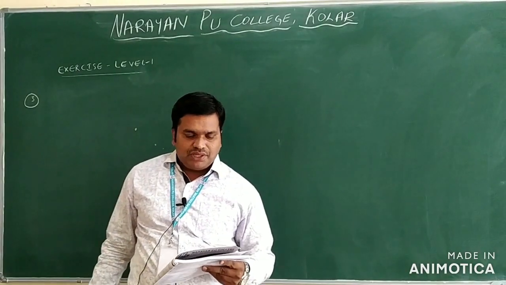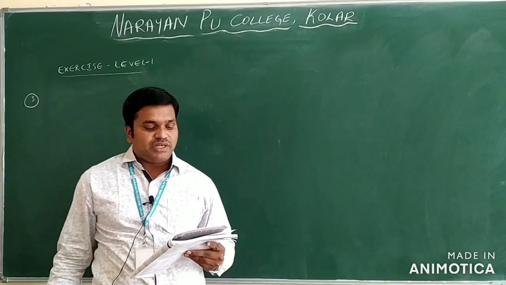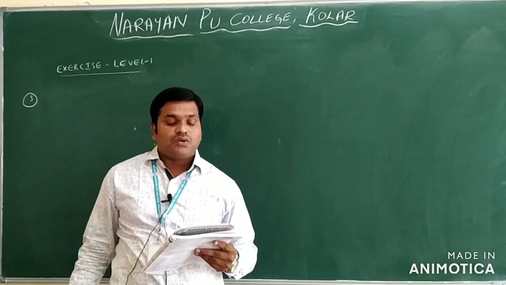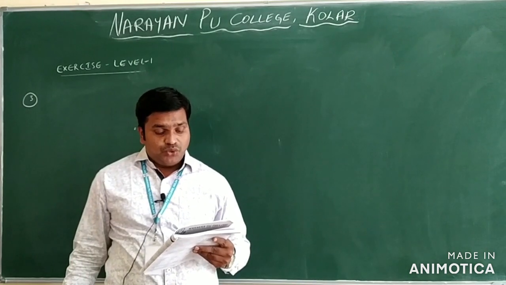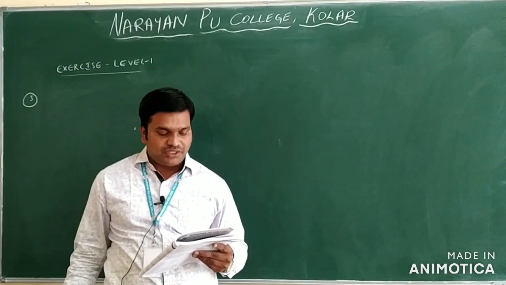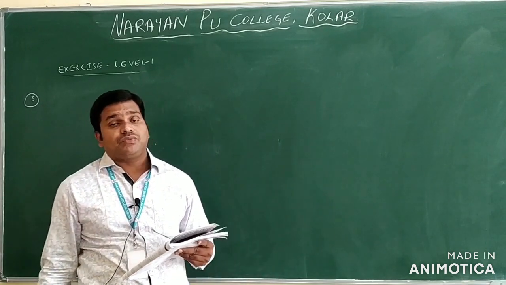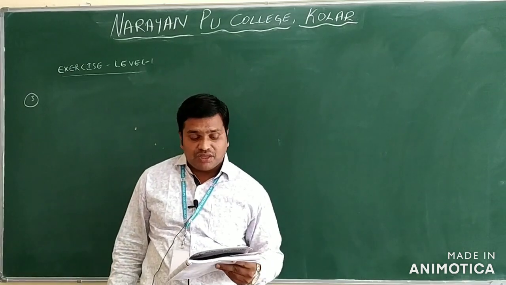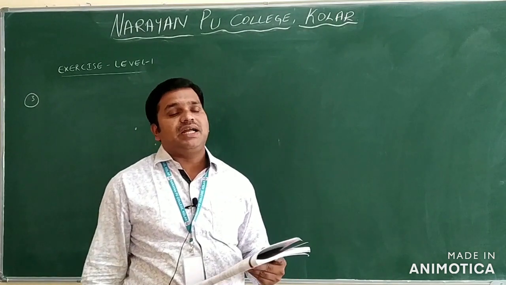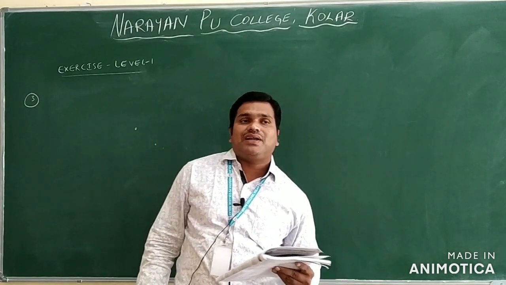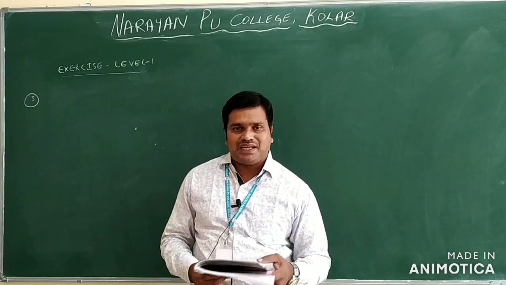See the next question, number 3. We have 3.92 grams of ferrous ammonium sulfate crystals dissolved in 100 ml. 20 ml of this solution requires 18 ml of KMnO4 during titration for complete oxidation. The weight of KMnO4 present in 1 liter of the solution, you have to find out. Actually, this is a titration related question only. We want to do the titration of potassium permanganate versus ferrous ammonium sulfate. This titration is there in the second PU practical exam only.